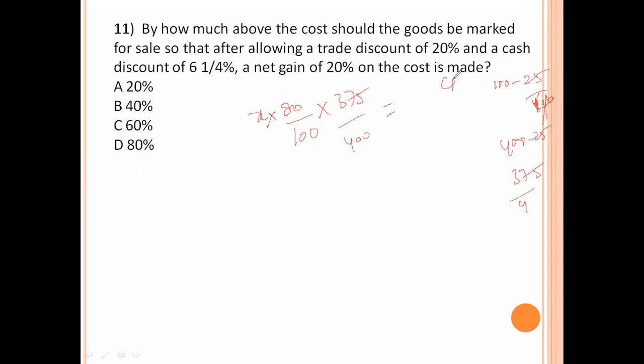Equal to cost price 100 means the price with profit is 120, that means 120 rupees. 0 0 get cancelled, 8 1s are 8, 8 5s are 40, 5 1s are 5, 5 7s are 35, 25, 30, 25, 5 5s are 25, 3 1s are 3, 3 4s are 12, 0. X equals 160. 160 is the marked price. Cost price is 100. So how much percent is more than the cost price? That means 60, 60 on 100 means 60%. Option number C is the right answer.